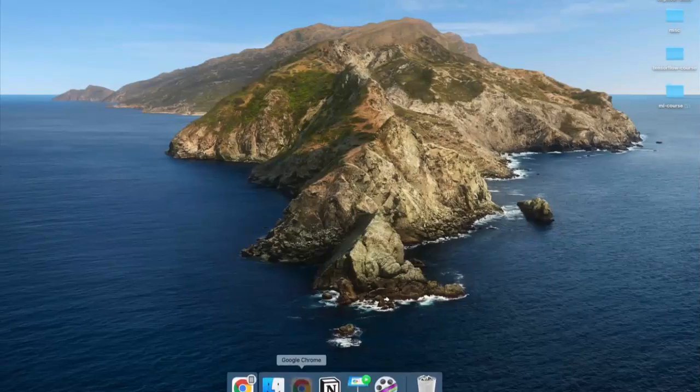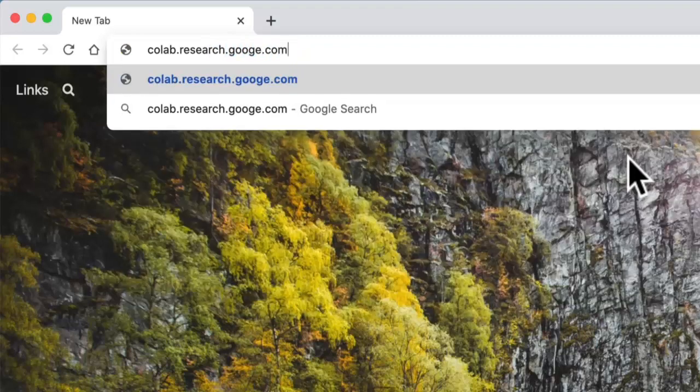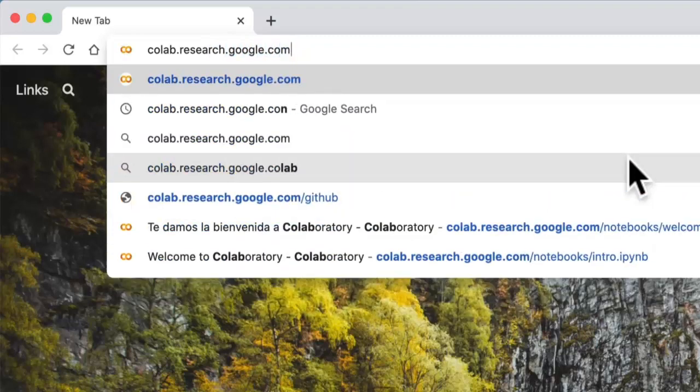So I'm going to open up my web browser. This is the tool we're going to be using throughout basically the entire course, Google Colab. So if we come here to